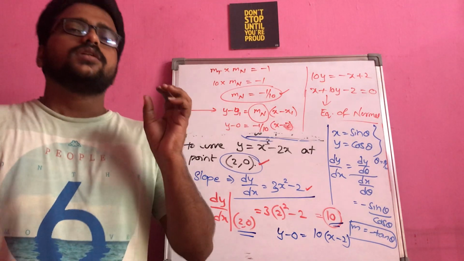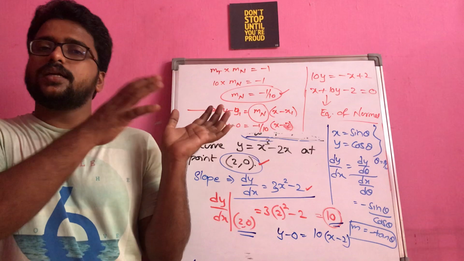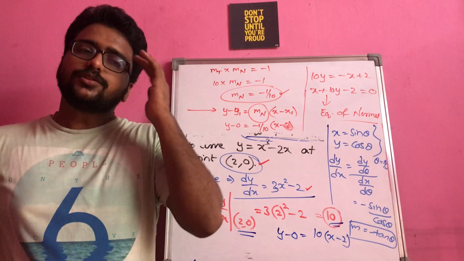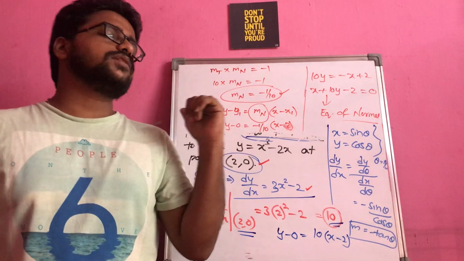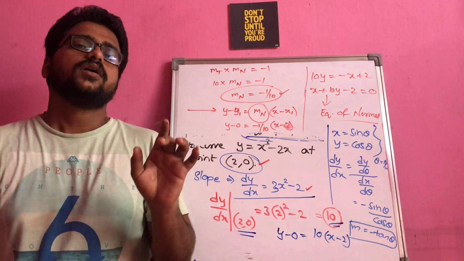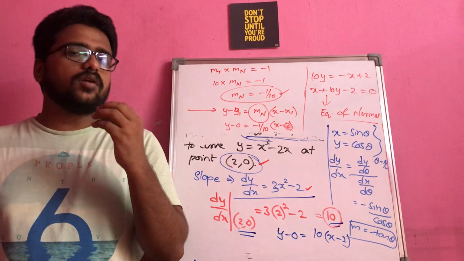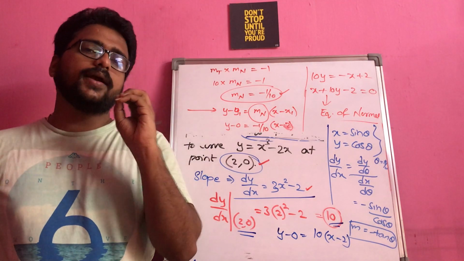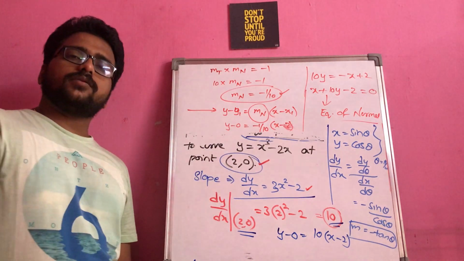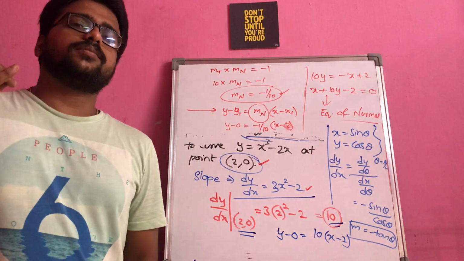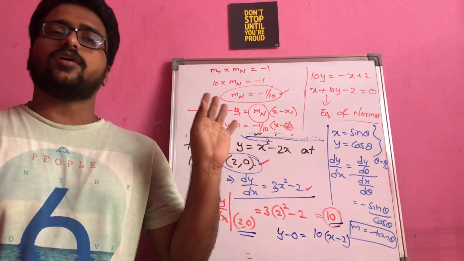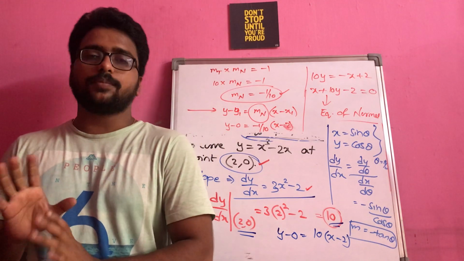So whatever we learned in differentiation, the same part we are going to do here also, but with a different name. First, you just have to notice what type of equation they have given you. Is it a parametric equation or a normal curve? When they have given you a normal curve or a parametric equation, the whole idea initially should be finding the value of dy by dx. Once you find the value of dy by dx, then according to the context, that means whether you are asked to find the equation of a tangent or normal, accordingly you proceed with the formulation. That is the only thing you have to keep in mind.